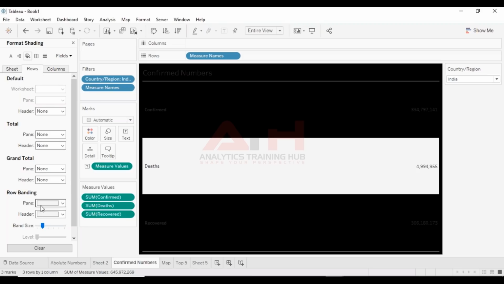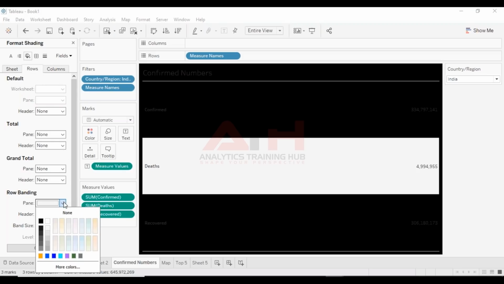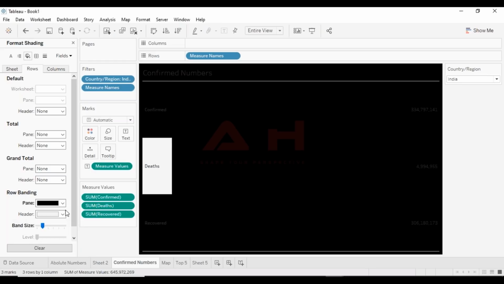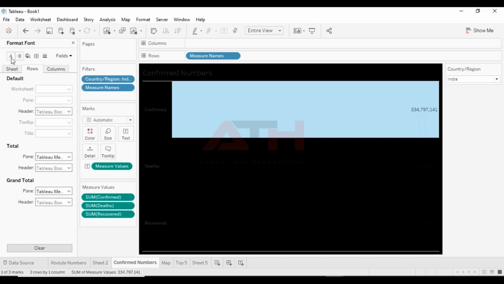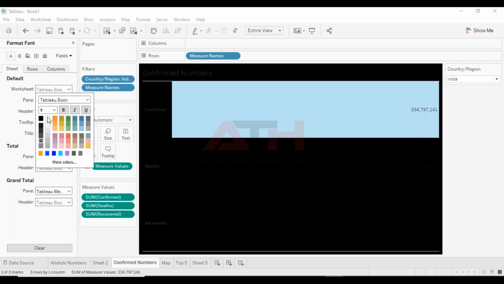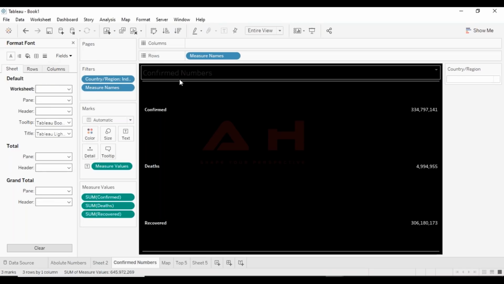We go to this row section, and as you see it is selected as white, so we can just make it black. Again, as you see, we don't have these numbers, so we can go to this font part, go to the sheet part, and for the entire worksheet we can make it white, bold, and we are good now.